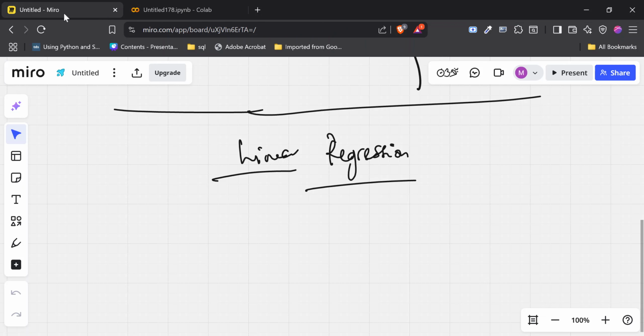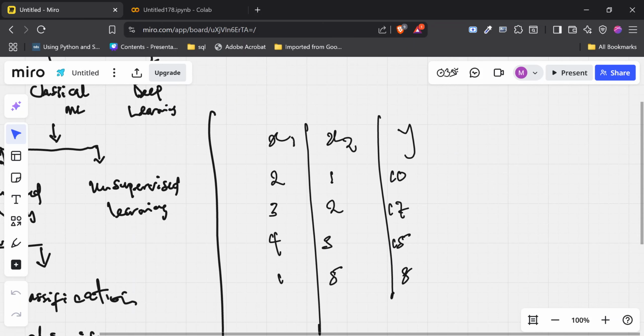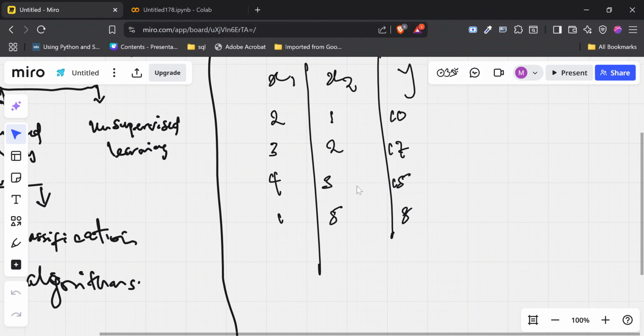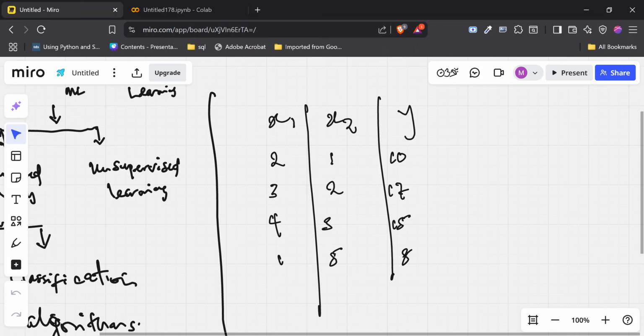So what is linear regression? Linear regression is an algorithm, a technique for making predictions, and it is very old. It is older than machine learning itself. I think it's from statistics, from maths generally. The idea is that if we have some variables that exhibit a linear relationship, then we can model it. And what does that mean? So here's the thing.